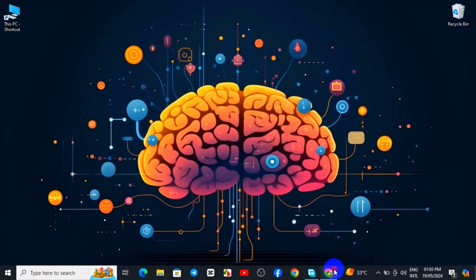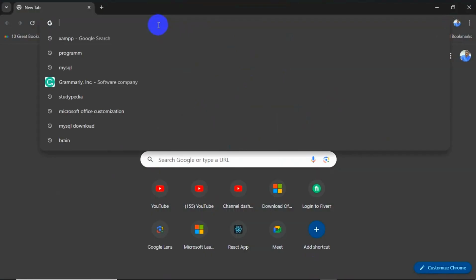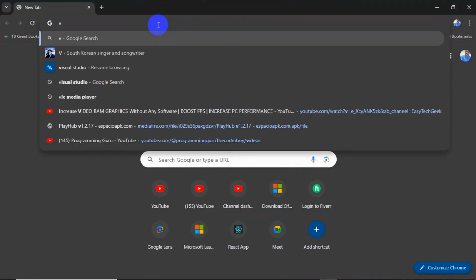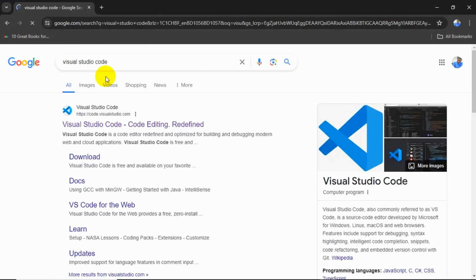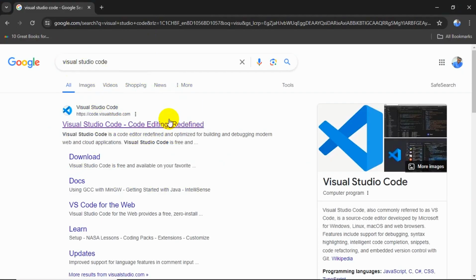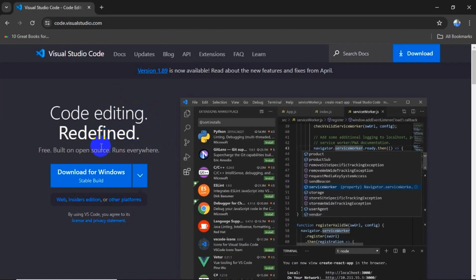So first, we will go to our favorite browser. I'm using Google Chrome. Come over to the search option and search for Visual Studio. Here you can see the recommended Visual Studio Code. And after that, we search for Visual Studio Code. Here we get the first link. Click on it. And after that, here you can see the download link